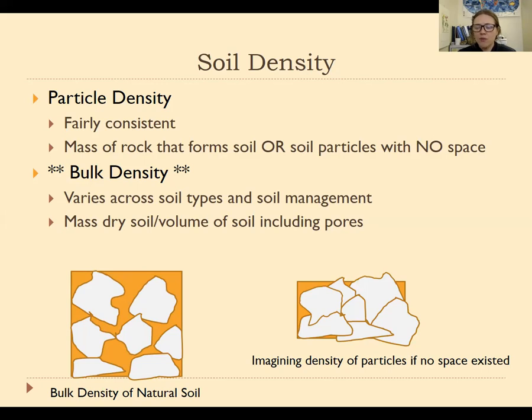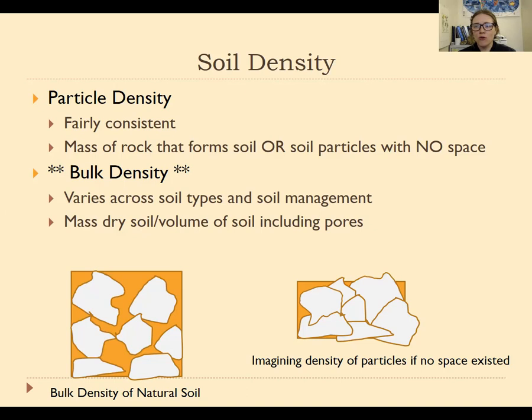Another way to think about it would be if you could take the soil and remove all the airspace and completely pack it down, which is not logistically possible, so that there's no space. You'd have a big clump of all the soil solids with no space, with no water, and if you measured the density of that material, it should pretty much give you the same density as if you zoomed in more finely and measured the density of the sand or silt particle itself. And in most cases, that is a very consistent density.